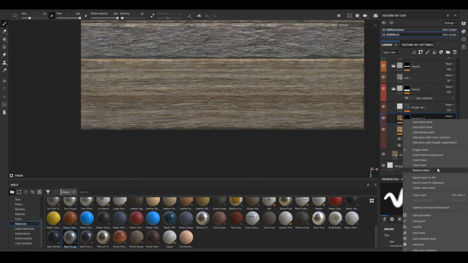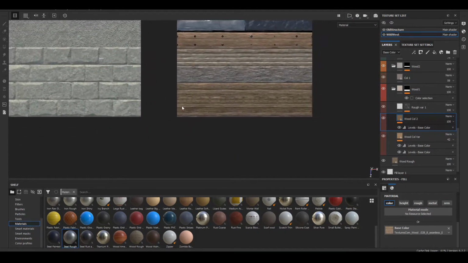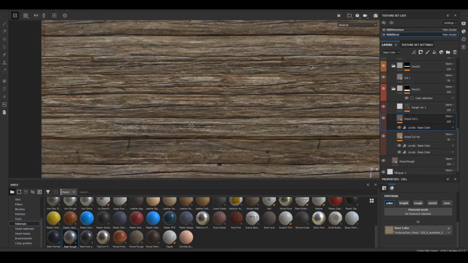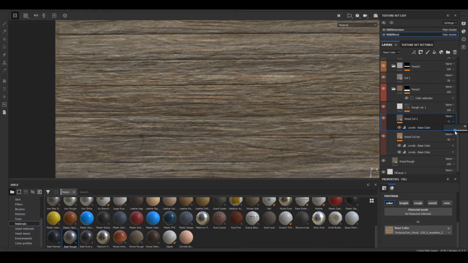And let's remove mask. Okay, now I feel like this one has a lot of value to it. Okay, let's hide it,